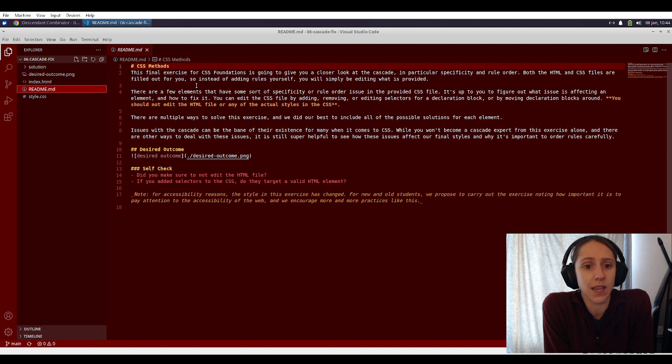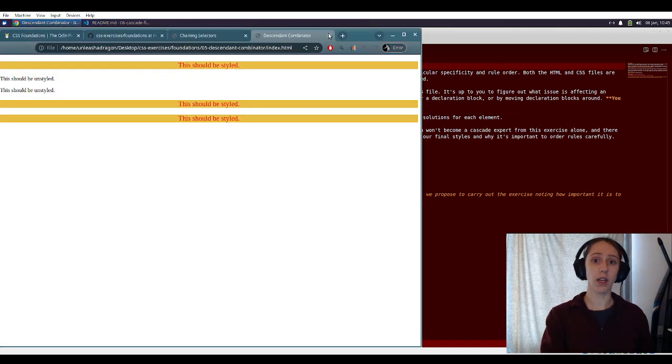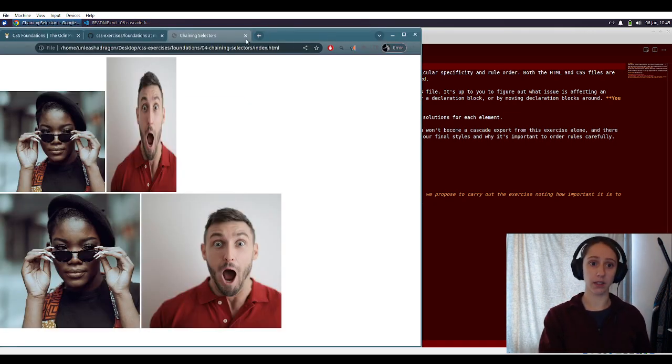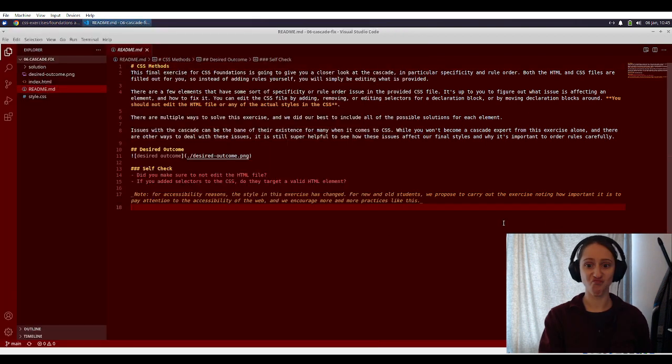Issues with the cascade can be the bane of their existence for many when it comes to CSS. You won't become a cascade expert from this exercise alone, and there are other ways to deal with these issues. It is still super helpful to see how these issues affect our final styles and why it's important to order rules carefully. So I'm going to exit out of this one, exit out of this one,